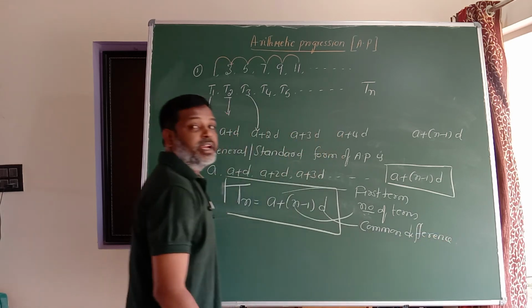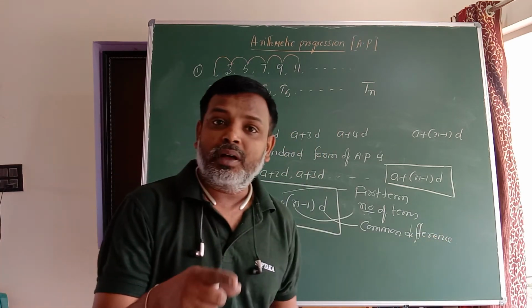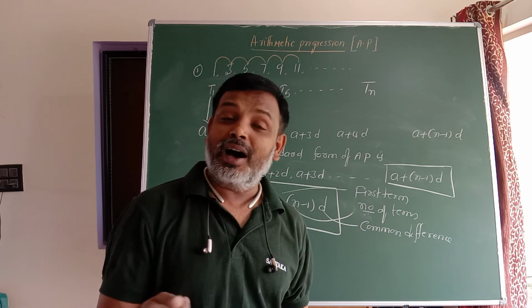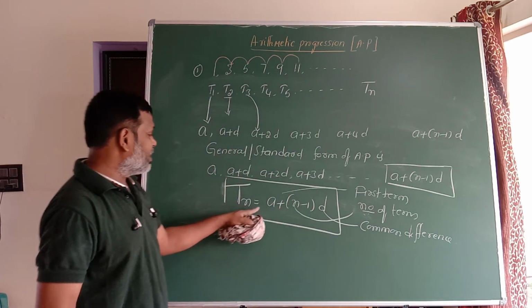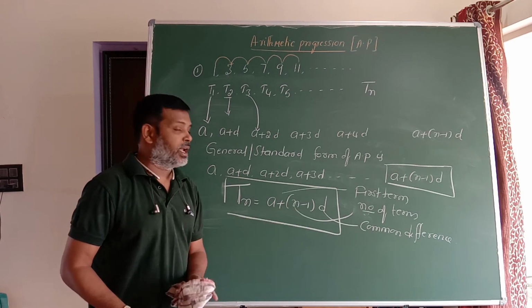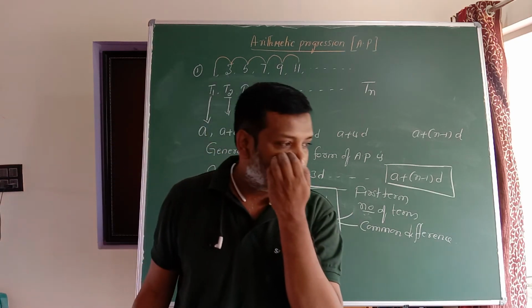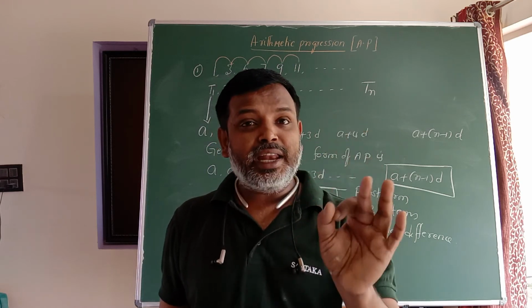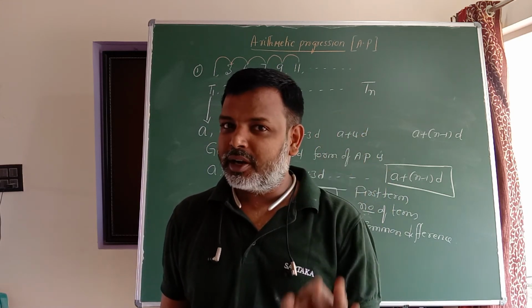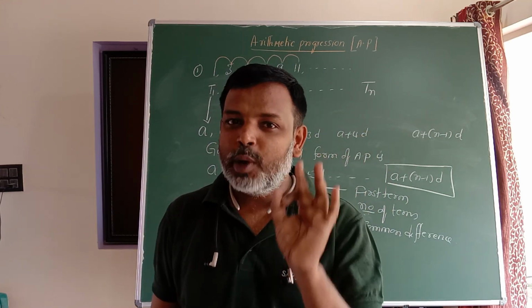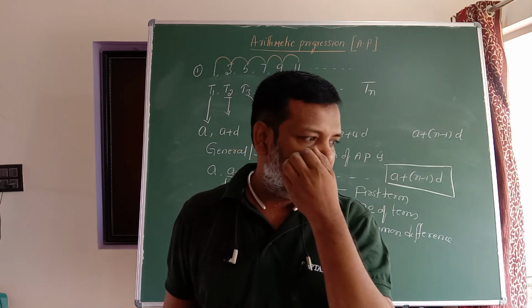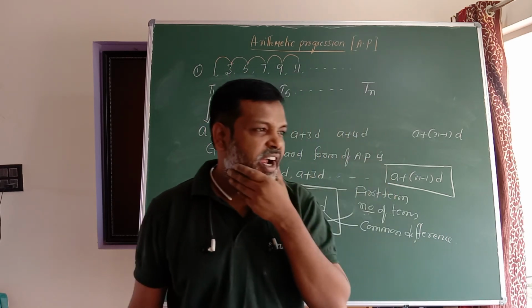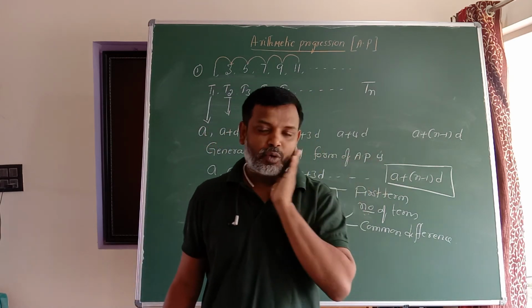So once again, recall it. The nth term, or last term, or general term of an arithmetic progression is given by Tn is equal to A plus n minus 1 into D. And a very, very important observation is, to find any term of an arithmetic progression, compulsorily we need the first term and the common difference. Suppose in any question, if they are asking, find the fifth term of the arithmetic progression,